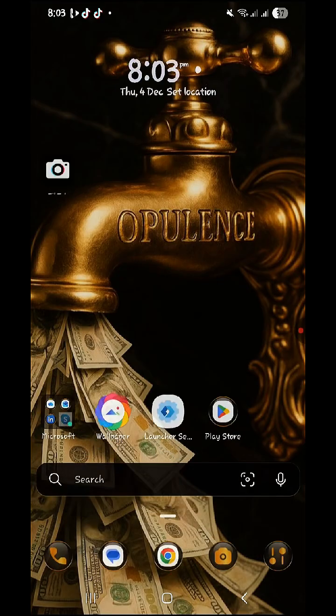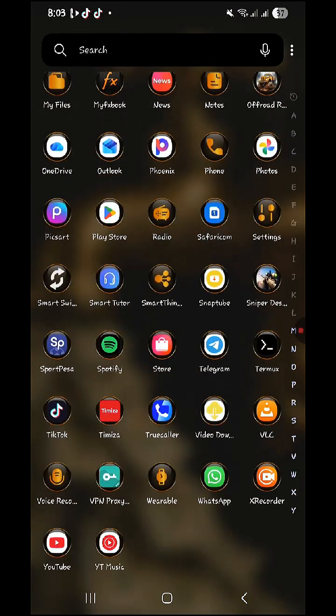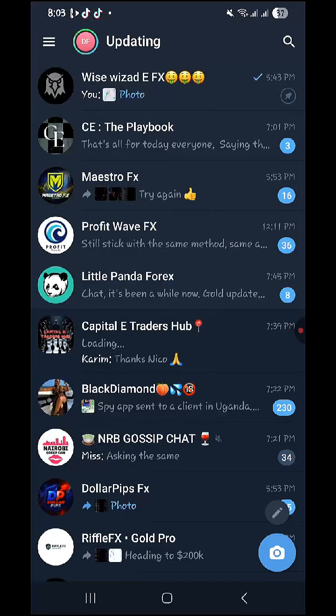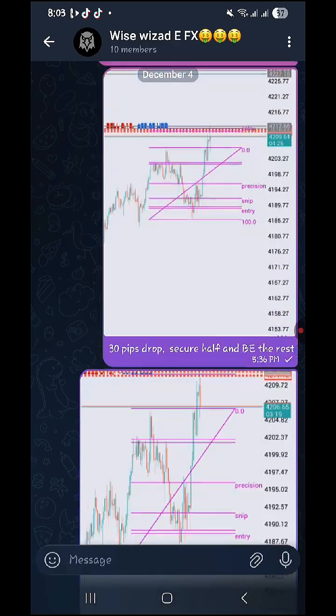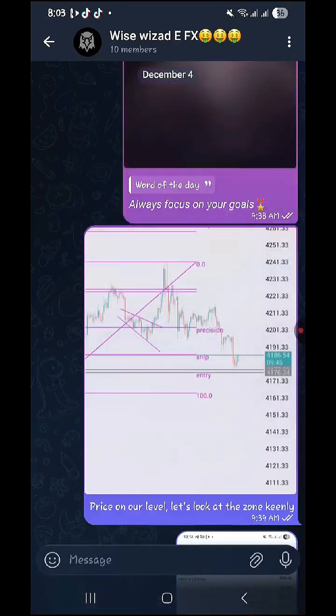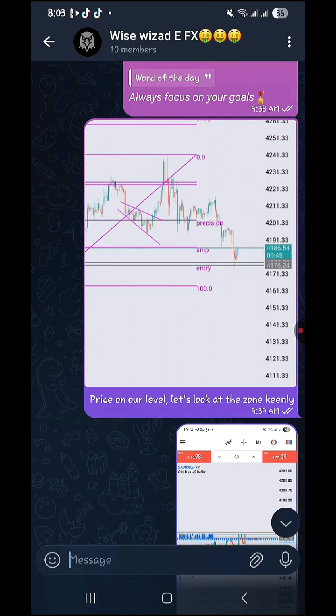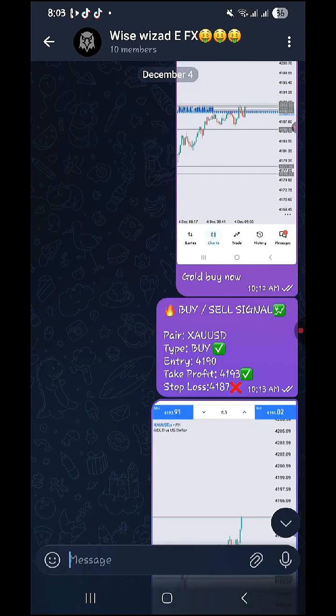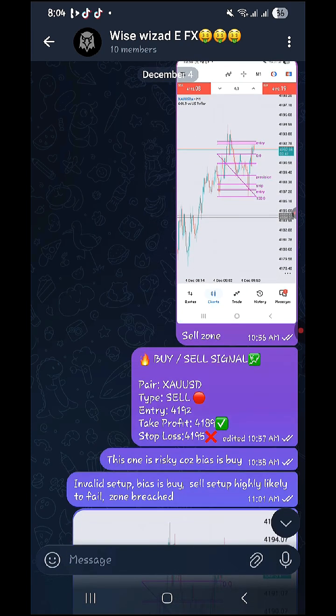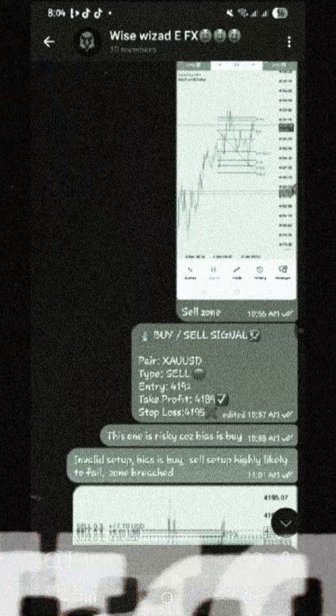And I shared everything in my Telegram channel. You can see I shared everything. Today is day 4. From the morning I shared everything. This was our first. So please, on our level, let's look at this one. We had our first buy there, which was very successful. We had a sell at this zone, but